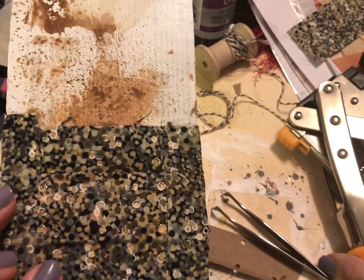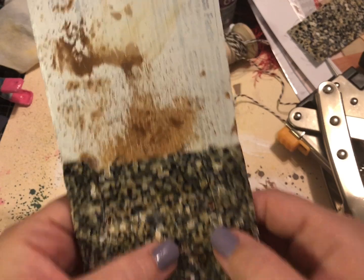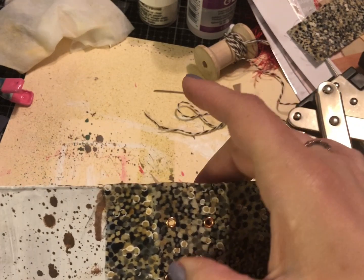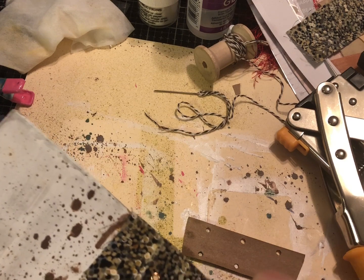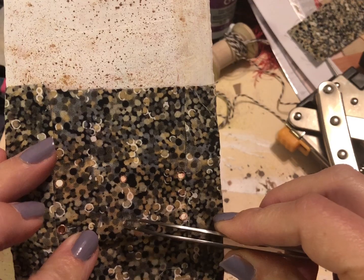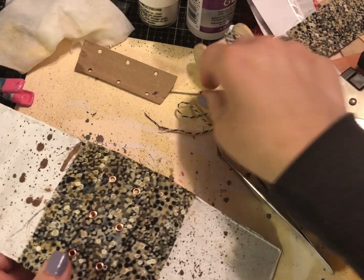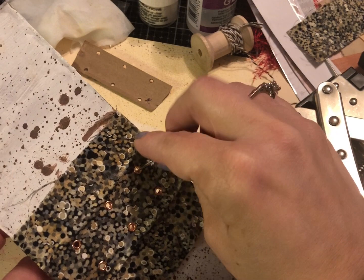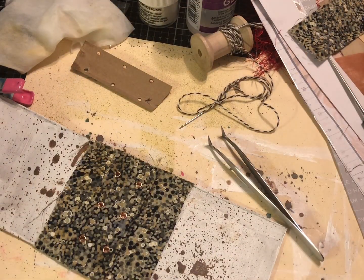Okay, I'll just make sure everything looks all good on the back. Nope, what happened? Did I lose one? That one. Doesn't look like it went all the way through or something. It's just a piece of the fabric. There we go. Okay, so we have 6 holes. We have 6 eyelets. Hopefully the needle I need to use will go through these eyelets. Yes, it will. Perfect. Okay, so I'm gonna get this off my desk and then we'll start sewing in the